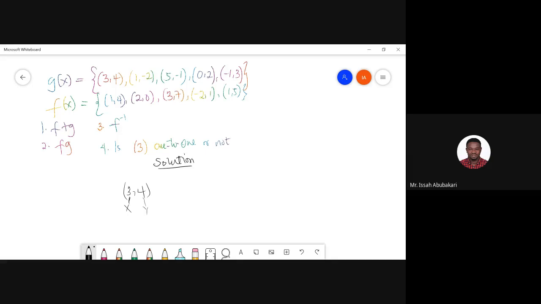Is that okay? So anytime we are going to perform an operation on ordered pairs, we should check and look at only those points. The whole of this is a point, okay? So we should look at those points that have the same domain. The points that have the same domain are compatible. In that matter, we only perform the operations on those points. So looking at our question, we realize that the